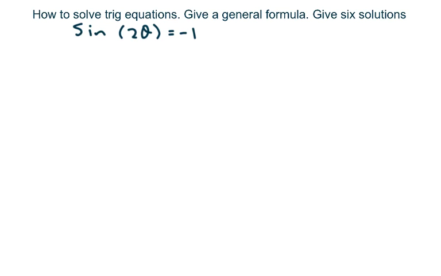Hi everyone, we're going to solve trig equations, give a general formula, and give 6 solutions. Basically, these are the harder ones from the previous video. This is where we have this 2 theta for our argument. So I want to solve sine of theta equals -1, and we get